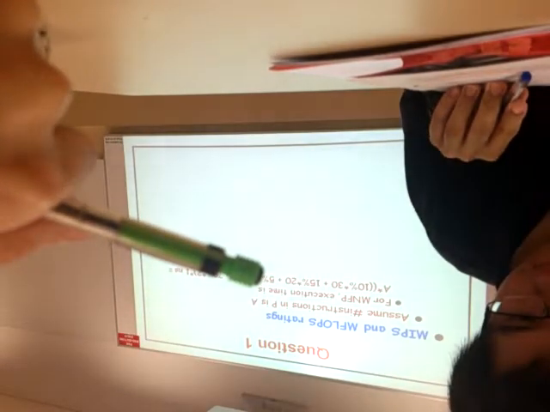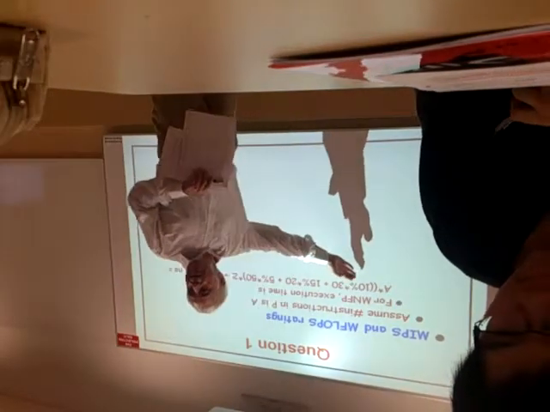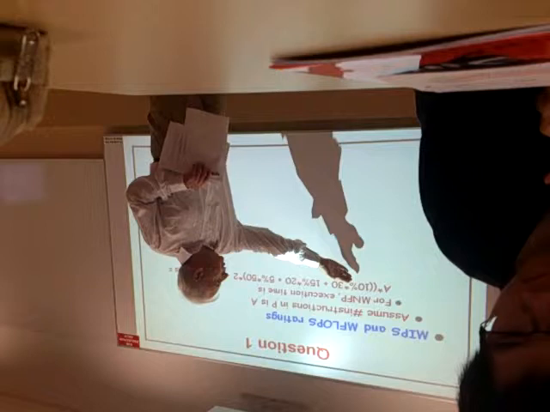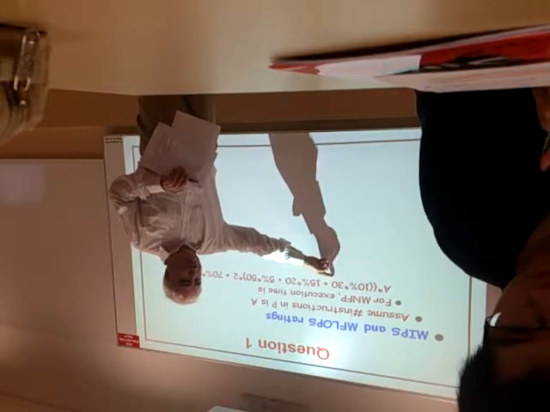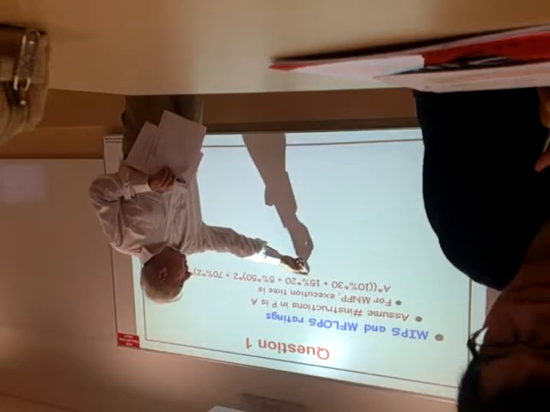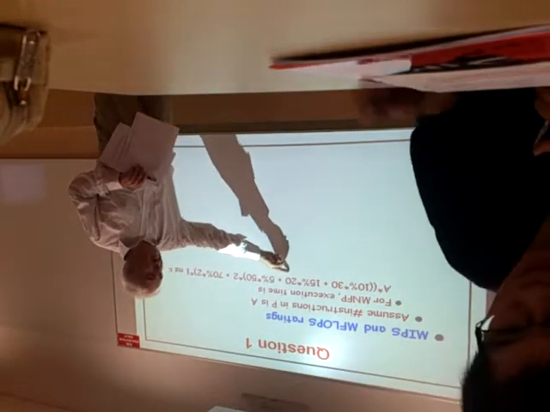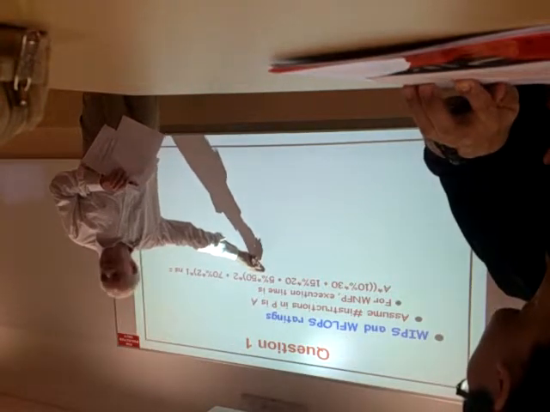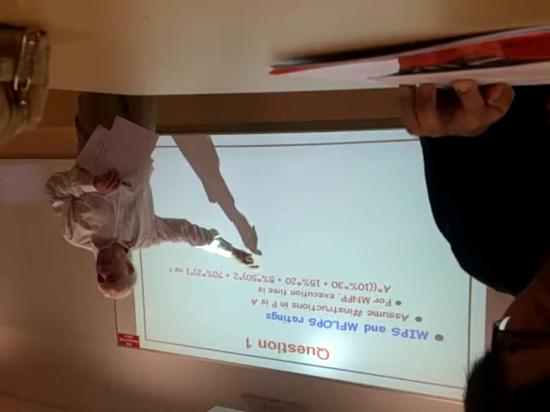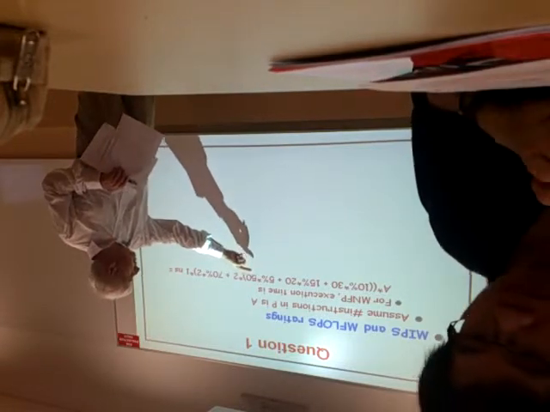Again, from the question, we know that there are 10% floating point multiply, and a floating point multiply takes 30 integer instructions. There are 15% floating point add, and a floating point add takes 20 integer instructions, and there are 5% floating point divide, and the floating point divide